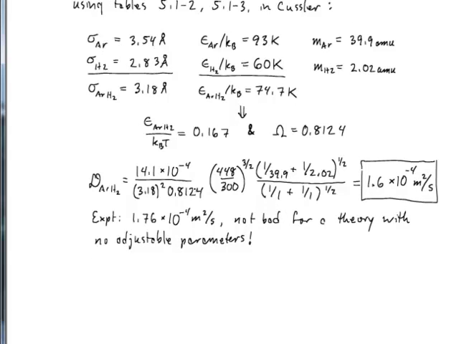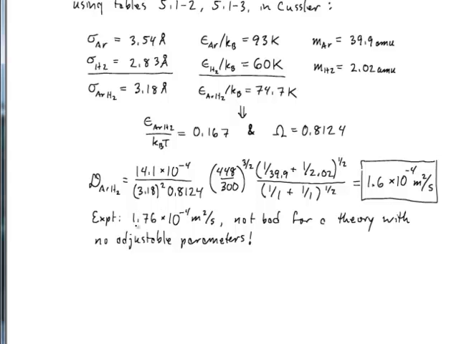There was a 1 there before, so we don't really have to scale that one. This was my diameter squared, was also a 1, so we can just put in the new number down there. Here was the original reference diffusivity in meters squared per second. There is the new temperature divided by the actual temperature. The dependence on temperature is to the 3/2 power, so we just take that ratio to the power 3/2. Here are the two reduced masses, the reference and the actual, to the power 1/2. And at the end of the day, you get 1.6 times 10 to the minus 4 meters squared per second.